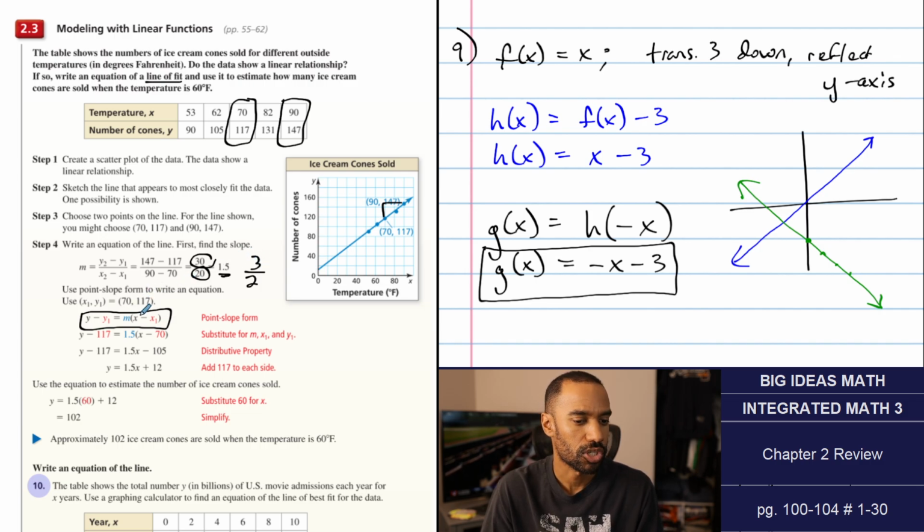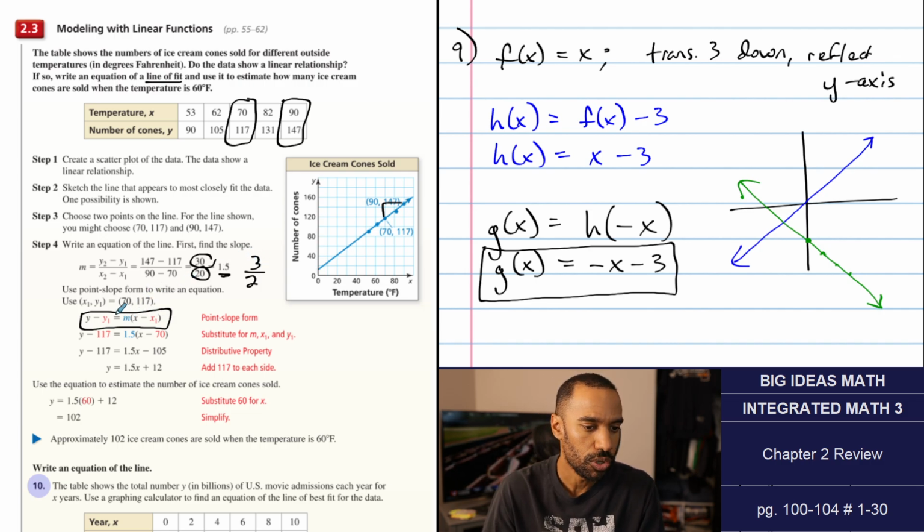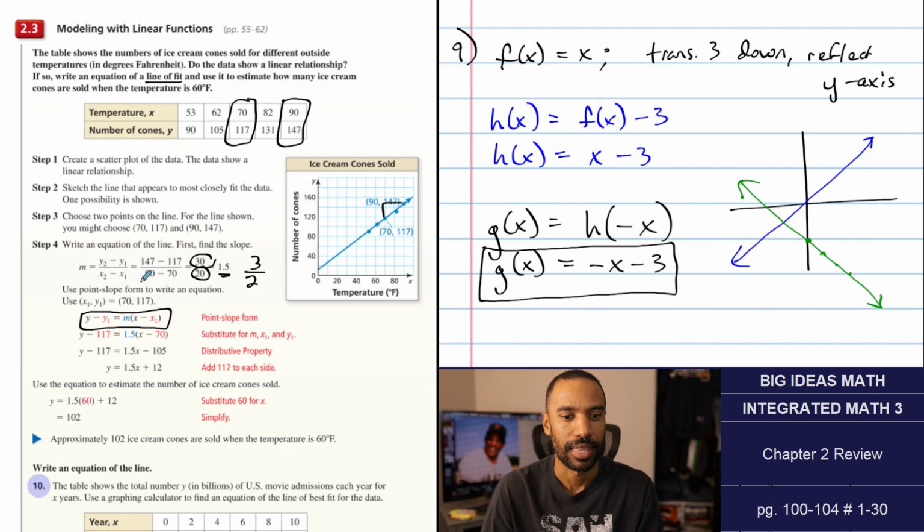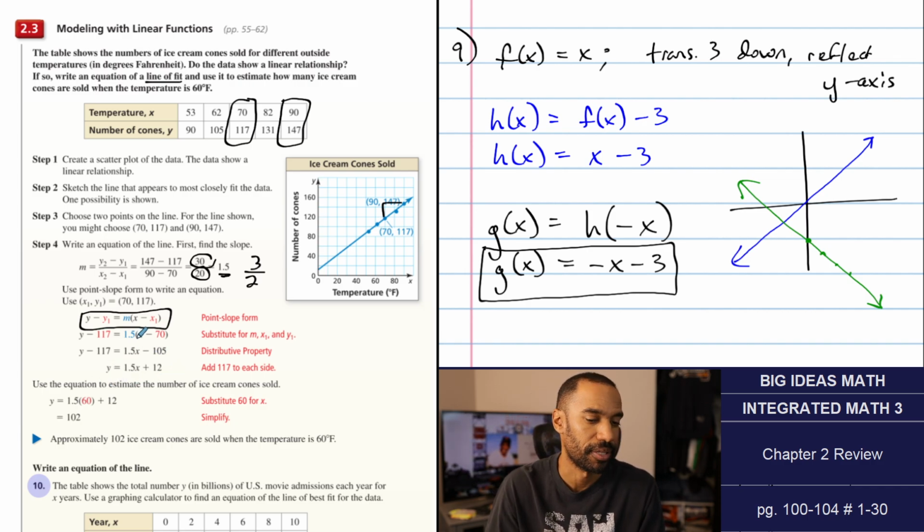Anyway, so there's your slope of 1.5, and then you choose a data point that's on your line. We have 2 such instances we can use, this one or this one. So they choose 70 for x1 and 117 for y1. It looks like they put it in slope-intercept form. Is that a requirement? No. Is it recommended? Probably. So they distribute the 1.5 and they add 117 over and they get y equals 1.5x